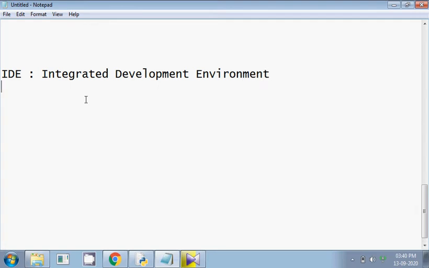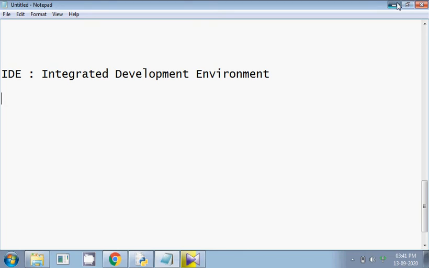It is a kind of functionality which gives an environment for us, and this environment can be used for the development process. It is integrated with the system's interpreter, that is Python's interpreter, and our code. So this is the complete meaning of an IDE.